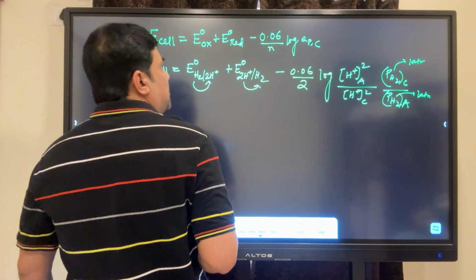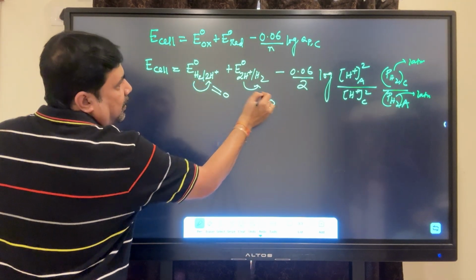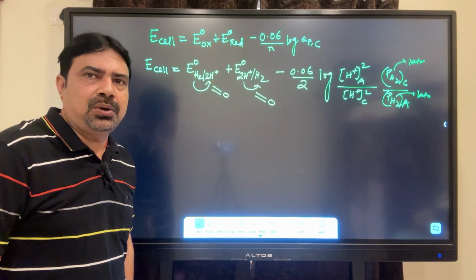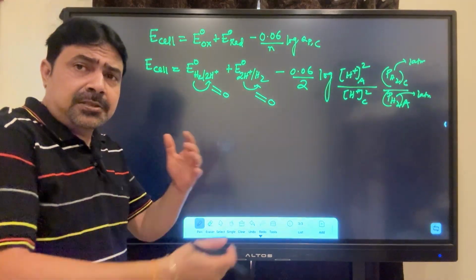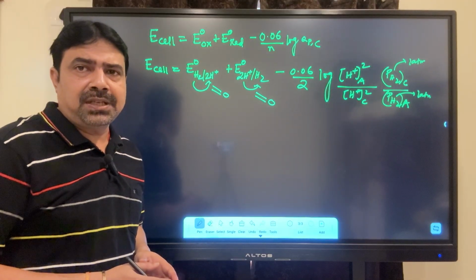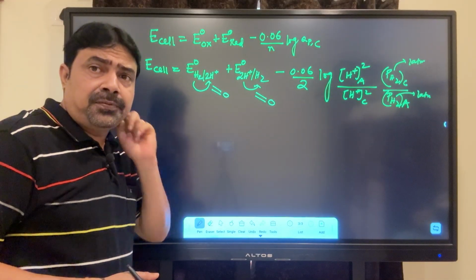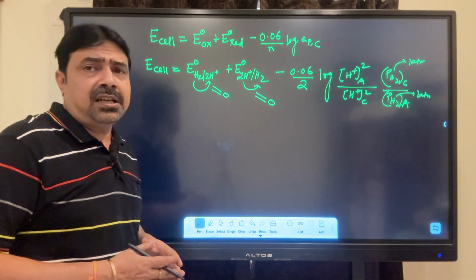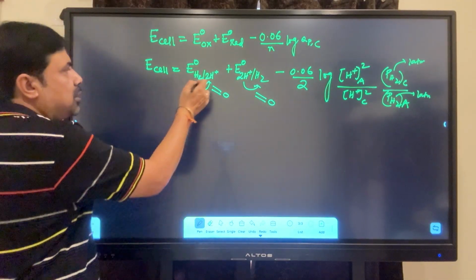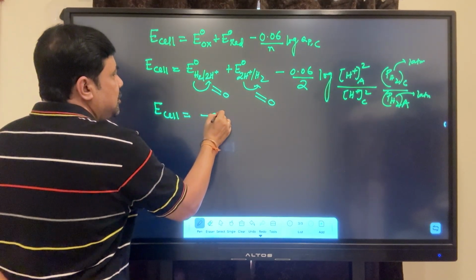Now these two, if I take common ultimately, and also the standard oxidation potential and standard reduction potential for hydrogen are assumed to be 0. It is assumed as 0, because with respect to that only, for other metals and other substances, we consider their reduction potential value. That's why the standard reduction potential for the hydrogen electrode system is assumed as 0. So then immediately we got here 0, then our expression is coming, E cell will be equals to minus 0.06